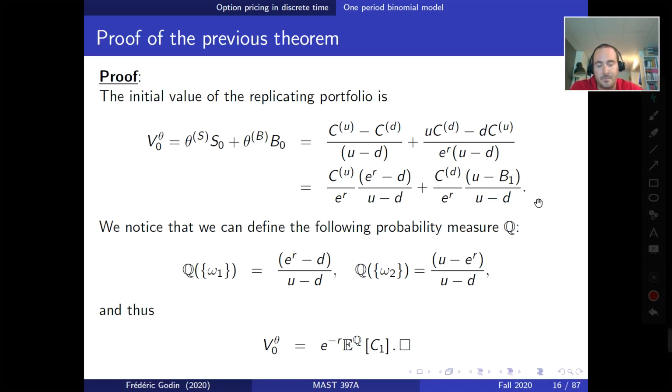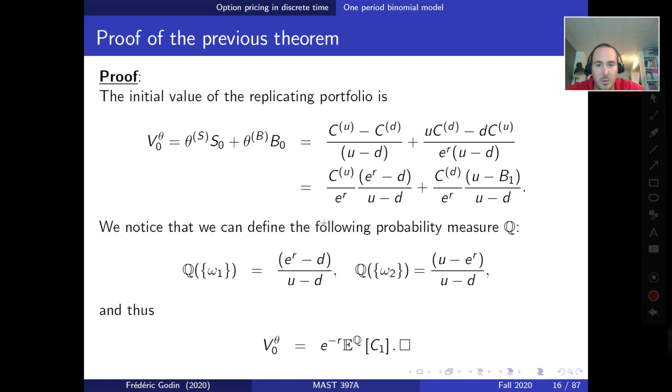And here you can see that this term is what we defined as the probability of state 1 under the probability measure Q, under the fictitious probability measure Q. So this one we called Q of omega 1, and this one we called Q of omega 2. Okay, so here B1 is the exponential of R, so you can plug it in and see that this is indeed Q of omega 2. Okay, so here, this shows that, maybe I'll write it,